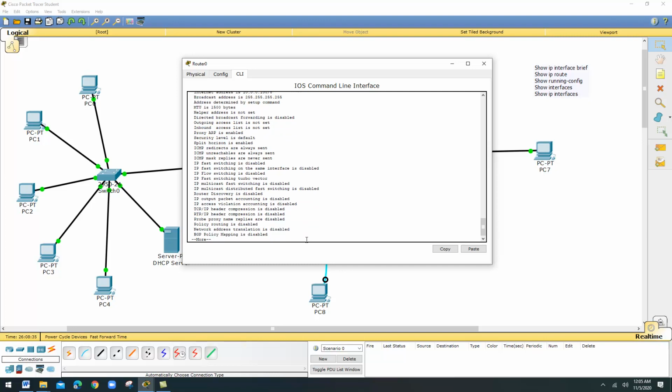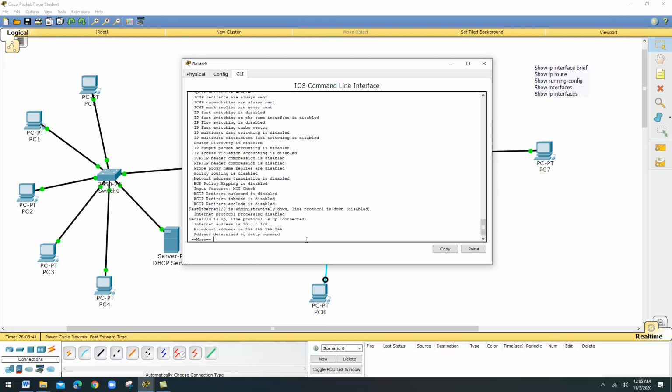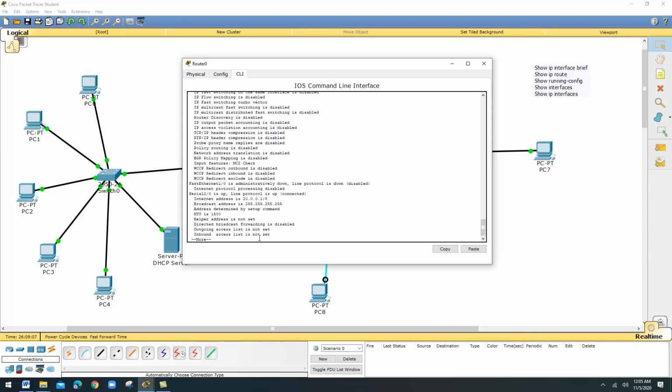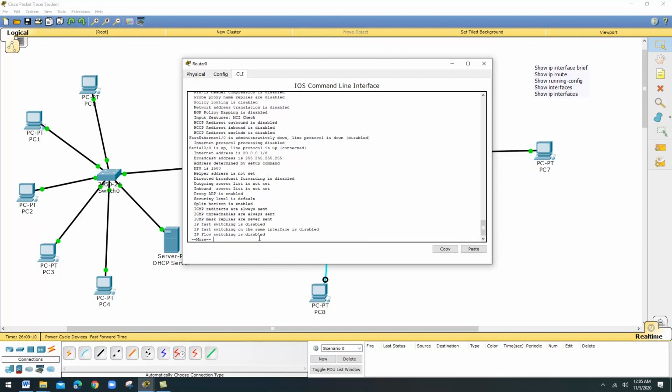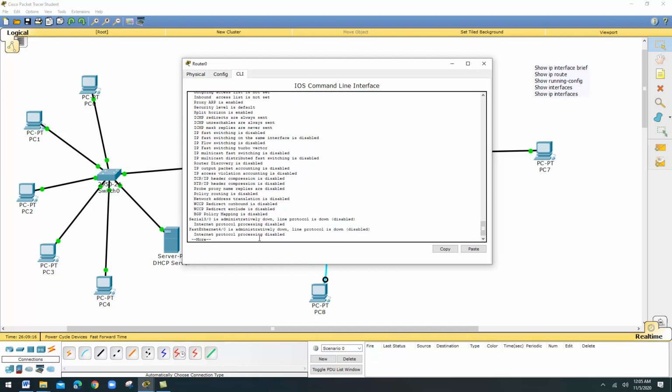Now, this is about fast Ethernet 0/0. Now you just keep on pressing enter. Now you can see the next interface, fast Ethernet 1/0. So 1/0 is administratively down. Down means you have not given any IP address for it. Then the next one is serial 2/0. Serial 2/0 is up. We already fixed the IP address, 20.0.0.1. Now the broadcast IP address is available. So just keep on pressing enter. You can find there is so much information available about 2/0. Then the next interface, we have not fixed any IP address.